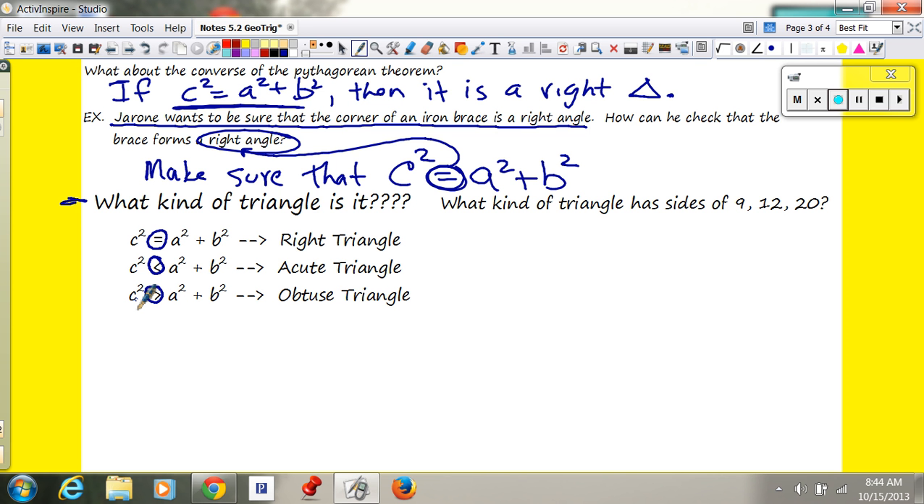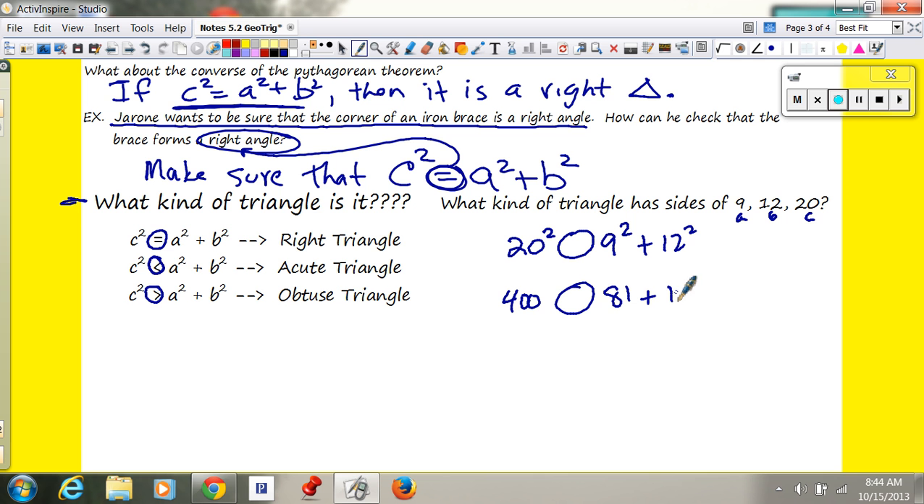So what kind of triangle has sides of 9, 12, and 20? Which one is my c? The 20 is my c. These are my a and my b right here. So I'm going to do 20 squared, and I'm going to do 9 squared plus 12 squared. I'm not going to put anything in between yet, because I want to see what kind of triangle it actually is. So 20 squared is 400. 9 squared is 81. 12 squared is 144. So I've got 400, and 81 plus 144. That's going to be